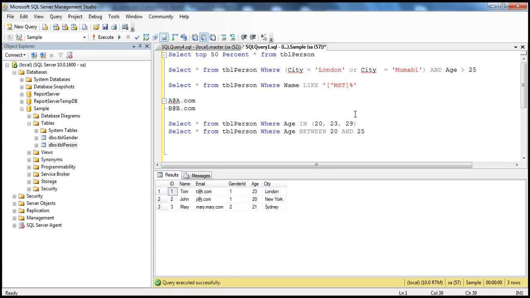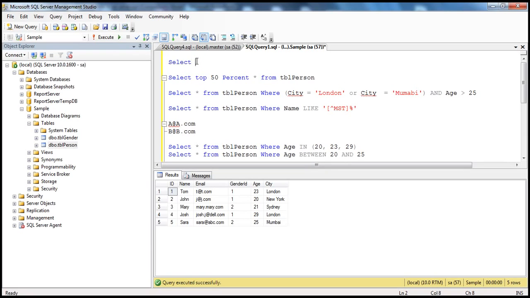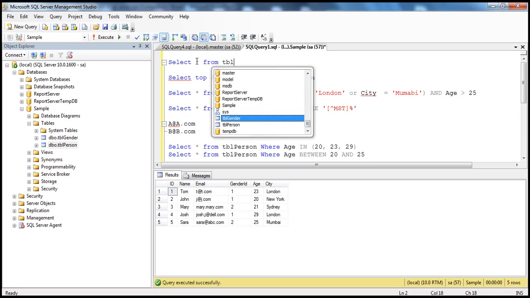Now, this TOP keyword is especially useful to achieve something. One of the common interview questions is, how do you find the top salary of an employee? In our table we don't have a salary column, but we have an age column. Let's say I want to find the eldest person in this table. How do I do that? You can use the TOP keyword for that. So let's see this. SELECT * FROM tblPerson